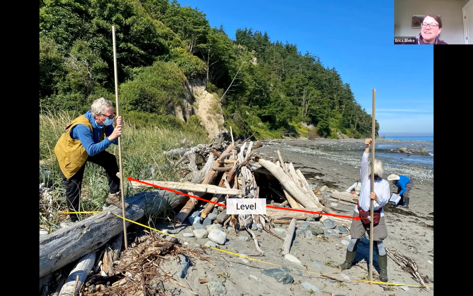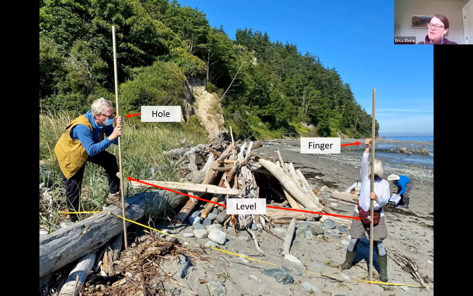This is a little bit tricky. And so in this photo, you see only 2 folks, one on each pole, but if you have more people available to help, I find that it's often really nice to have 2 people on each pole, one person to level the pole and make sure that it's vertical, and then another person to take the measurements. And if you have a lot of folks to spare, it's almost nice to have 5 people on this part of the monitoring, because you can have that 5th person record all of the data as they go. So once these poles are level,